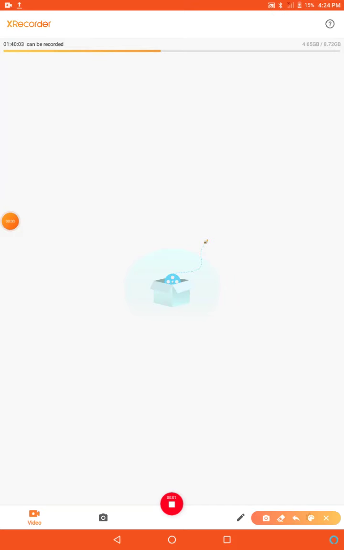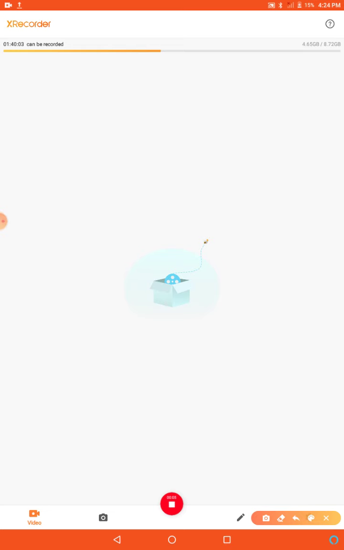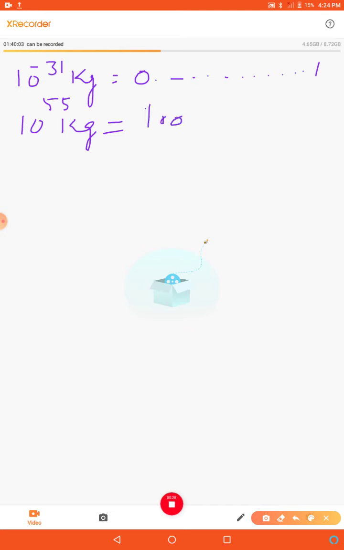So dear students, as I told in the last video, in physics we have a large scale of measurement. We measure the mass of the electron, which is of the order of 10 power of minus 31 kg. We should write 30 zeros and then 1. In the same way, we measure the mass of the universe, that is 10 power of 55 kg. That will be equal to 1 with 54 zeros. So this is the long range of measurements that we make in physics.